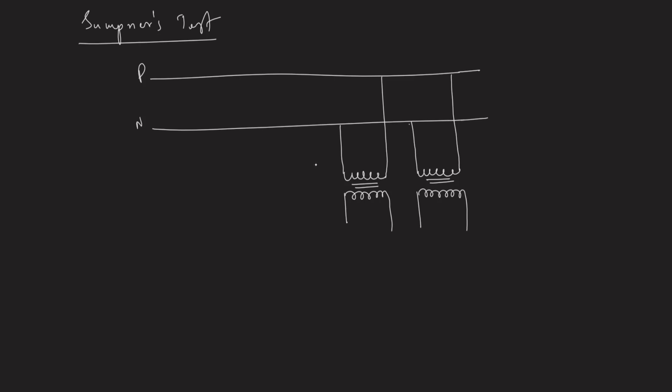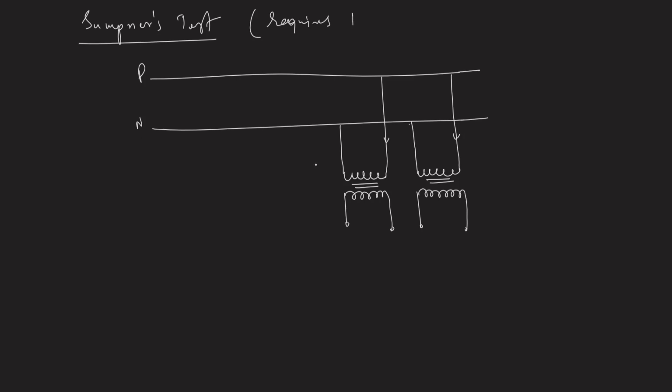So yeah, this will be the corresponding currents it will be drawing. If I keep this open, they will be drawing their no load currents, right? So before I explain this diagram, say Sumpner's test requires